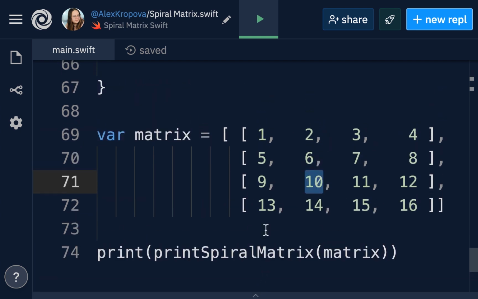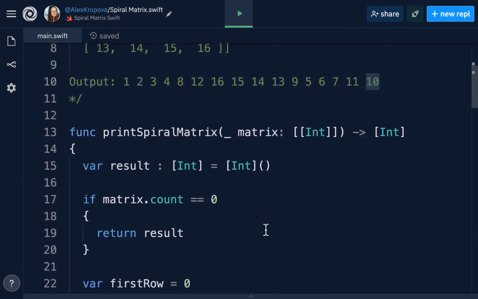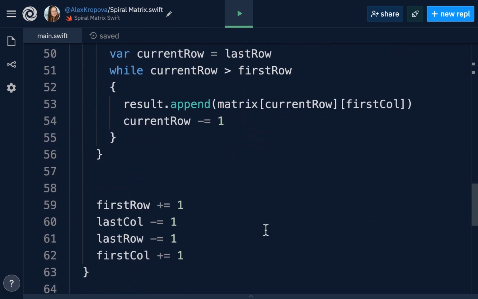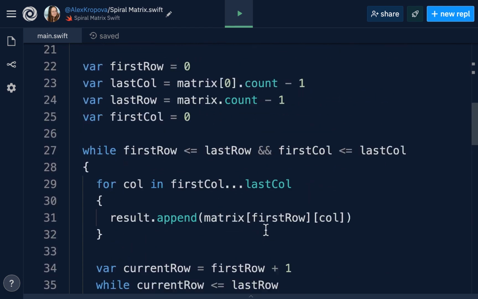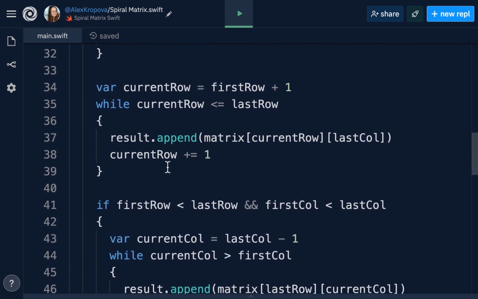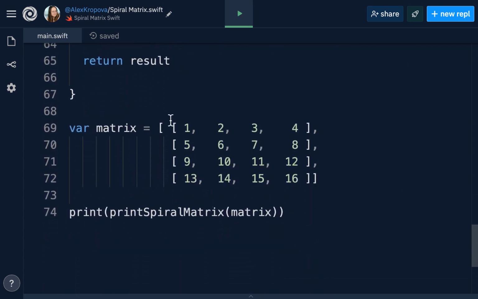Congratulations, everyone. Let's talk about the time complexity. Because we have nested for loops, that means that we have time complexity that is O of the number of rows times the number of columns. Now, we're using a while loop and then a for loop inside of the while loop. And yes, we're going through all of the values. Because we have to reach all of the values in the matrix, we have to go through all of them. That means that the time complexity will be O of the number of rows times the number of columns, which will give us all of the elements input.